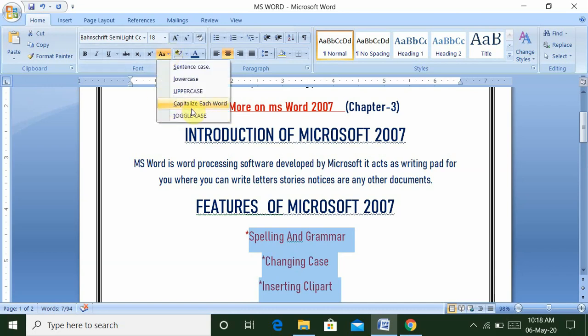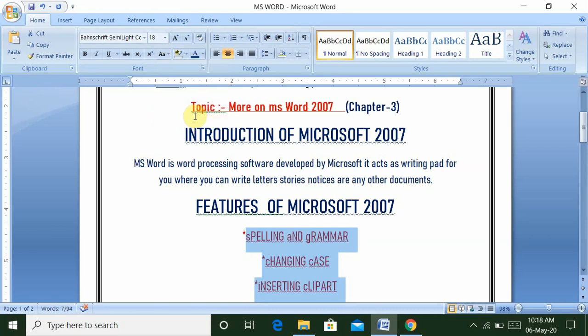What is toggle case? Toggle case means the first character is small and all other characters are capital. As you look, we can also use sentence case.